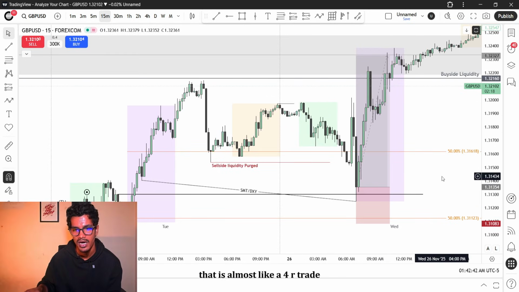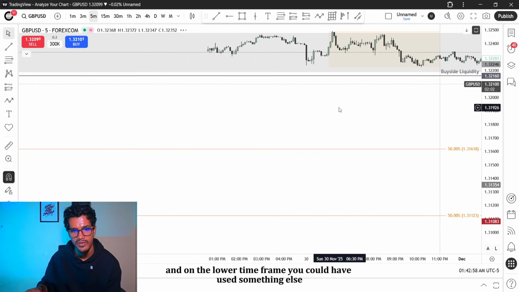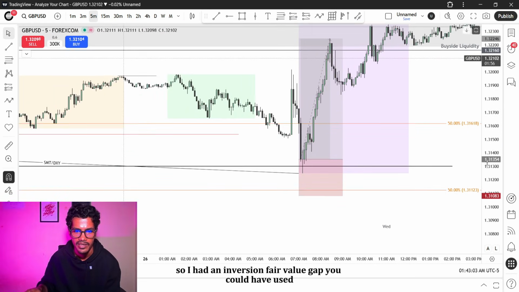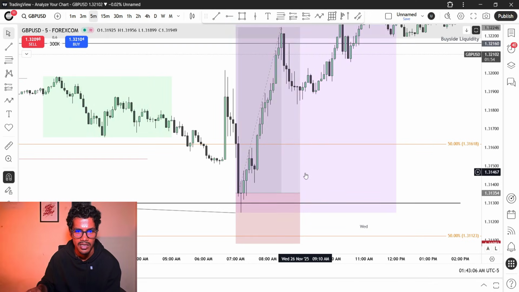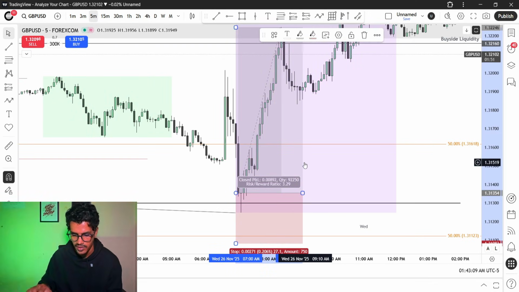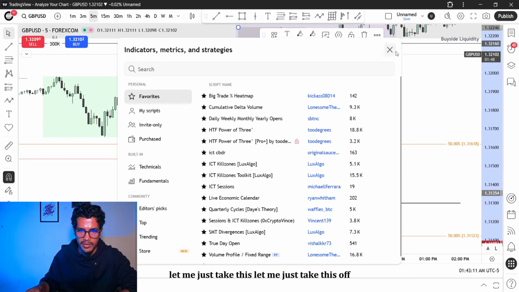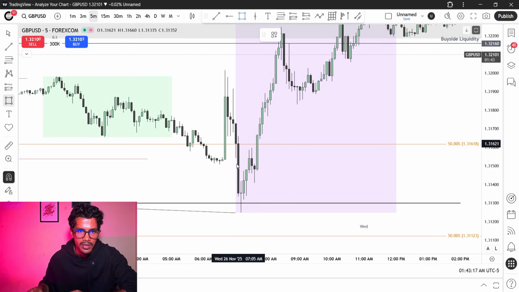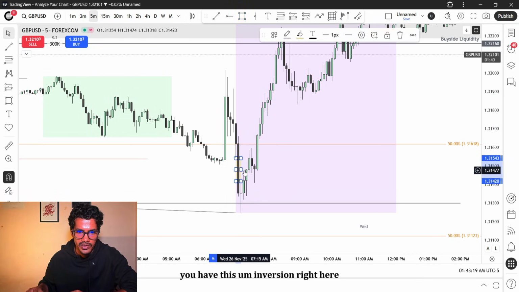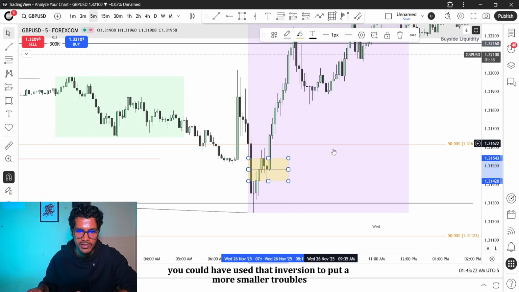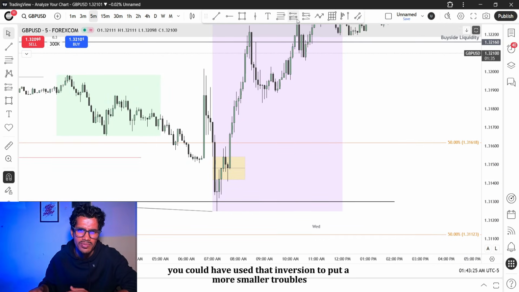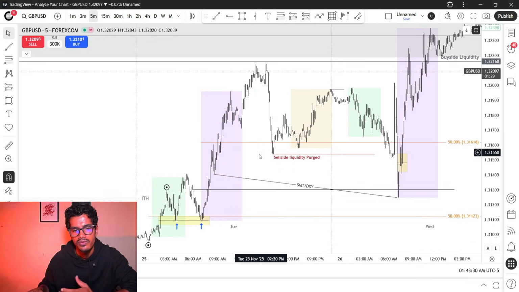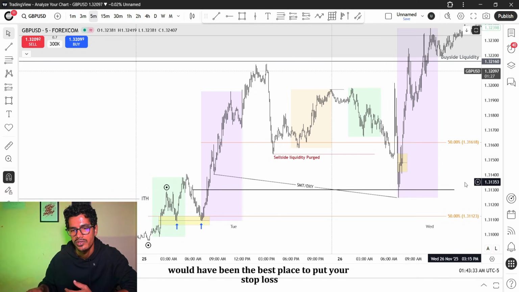That is almost like a 4-hour trade. And on the lower time frame, you could have used something else, I guess. Let me see. All right. So it had an inversion fair value gap you could have used. Let me just take these off. You had this inversion right here. You could have used that inversion to put a smaller stop loss. But for me, I think a stop loss below that low would have been the best place to put your stop loss and get in